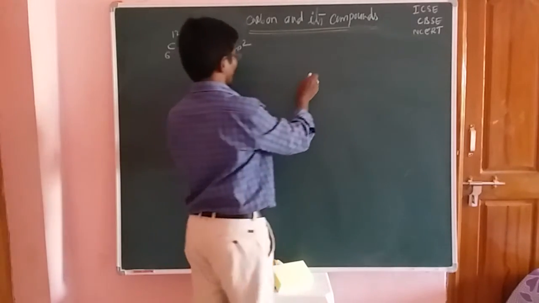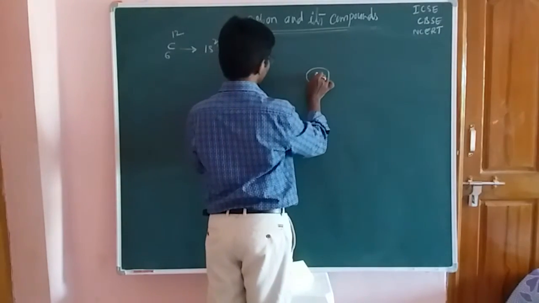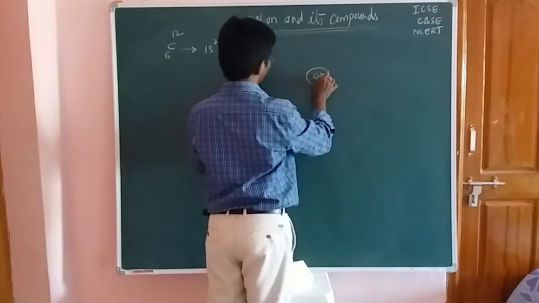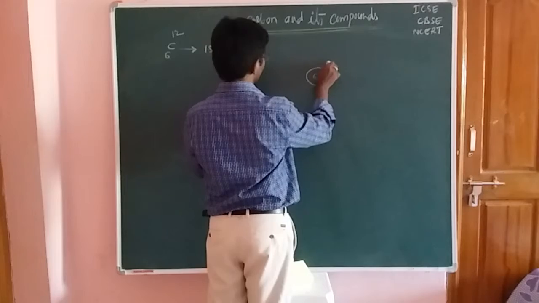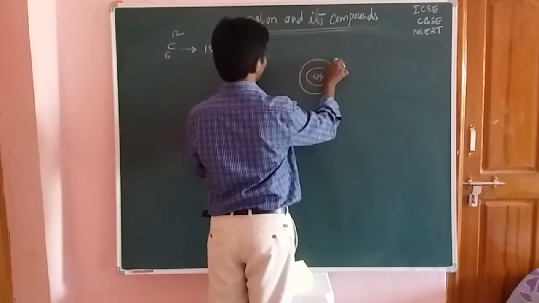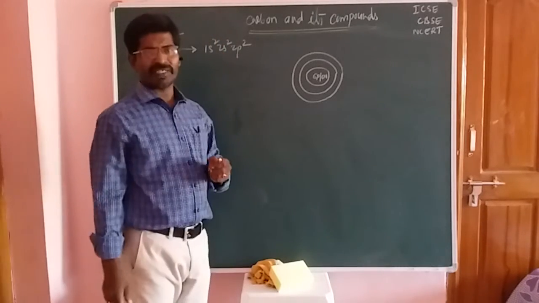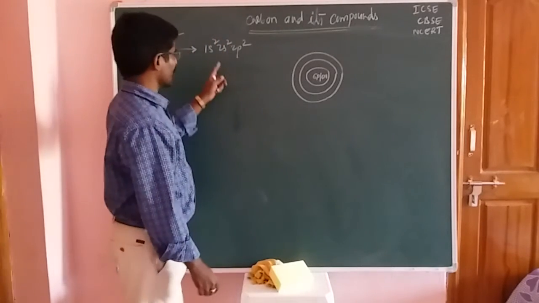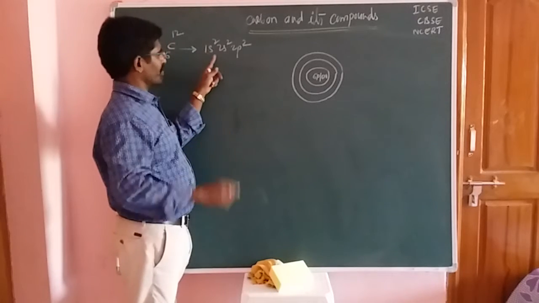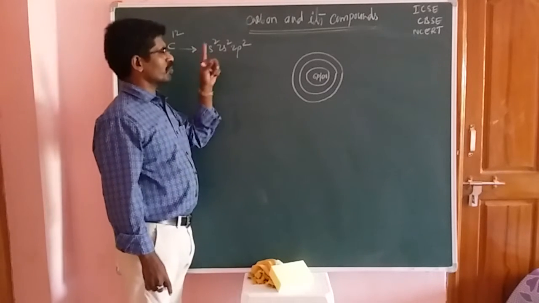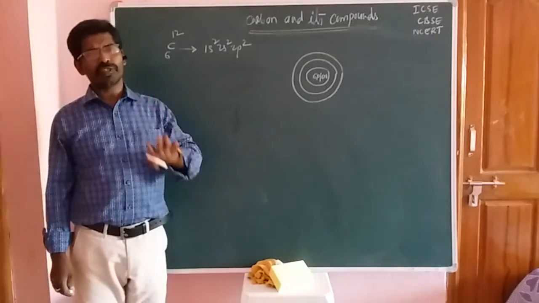Okay. Now here all of you look at the board. First of all, 6 protons are present and 6 neutrons are present in the center part of the atom. Okay, friends. Now here electrons are revolving around the nucleus in fixed orbitals or in fixed energy levels. Now here 1s2, that means inner core orbital. And next one, the 2s2 and 2p2. 2s2 and 2p2 is the valence shell or outermost shell.